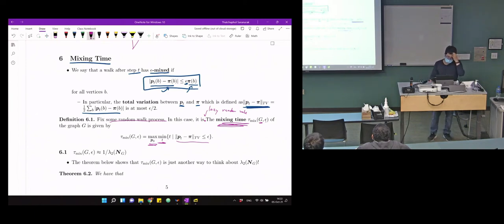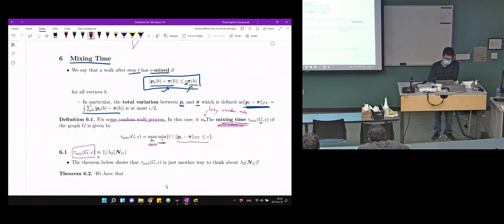And now from what we have, it's a nice thing to know, right? You just guarantee that no matter where you start, if you do this many random walk steps, then you're kind of uniform now, or close to the degree vector. The distribution is close to the degree vector. It turns out that